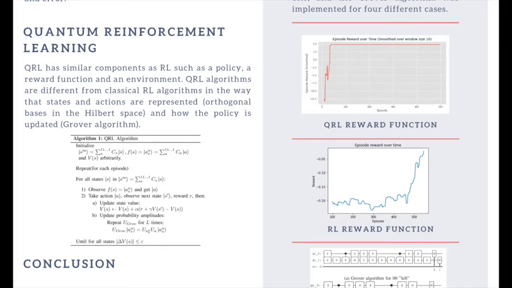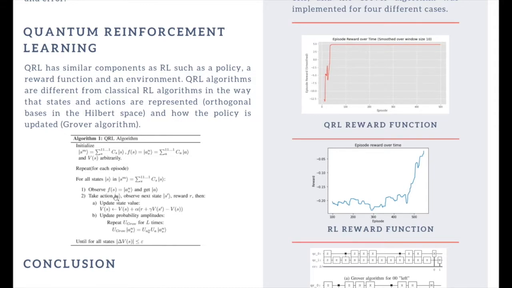The idea of the QRL algorithm is to use the well-known Grover's algorithm. The algorithm starts with the initialization of all the possible states and all the possible actions that the user can take on each state, which are represented as quantum states. Additionally, we define a value state function, which will determine the average reward that the user can gain on each state. Now, for each episode, we will take all the states and make a measurement of the actions, which means that we will observe the action that we are going to take.